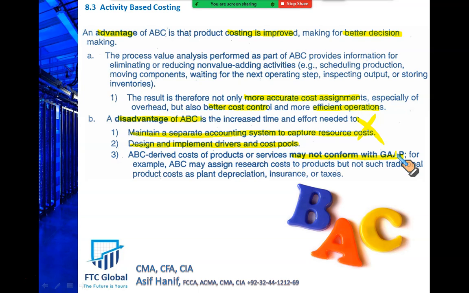That's very important. So I told you a solution also, that if you want to apply ABC and still be in compliance with the IFRS and US GAAP, just apply ABC in production systems only. The factory related cost could be transferred to the end products. Do not bring your selling cost, marketing cost, accounting cost. This should not become a part of your production system. Computer costs, IT costs, that should not be a part of your product. Only those costs that are within the boundary of your production system, your factory premises.